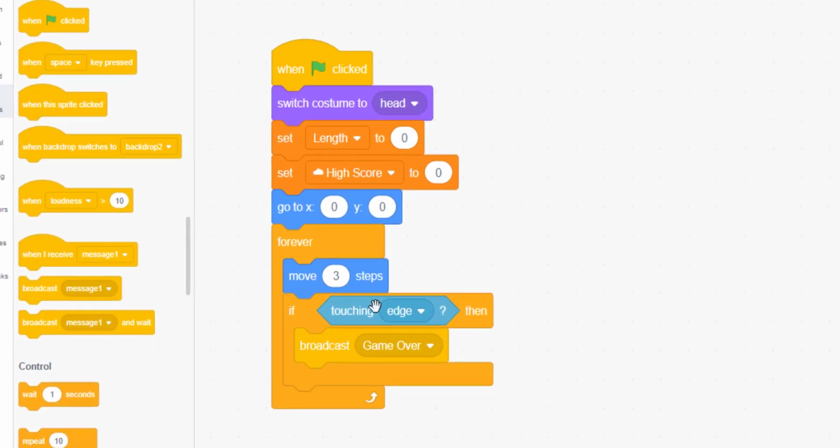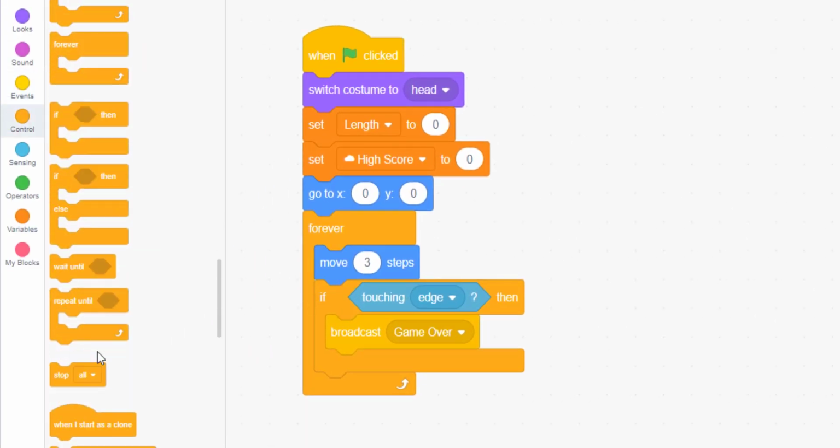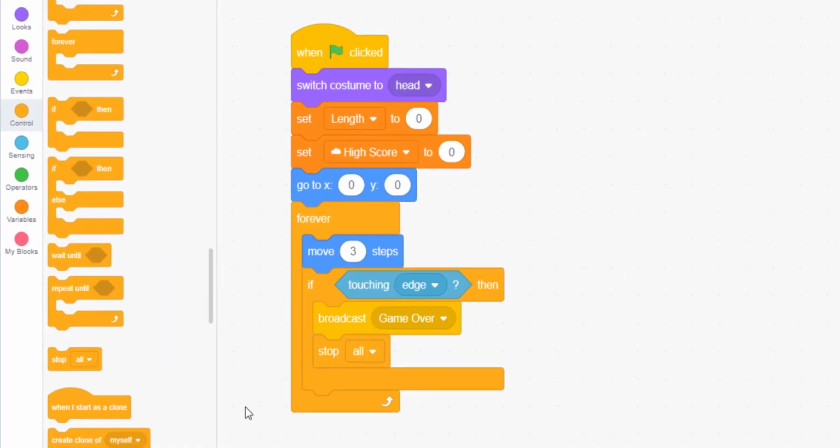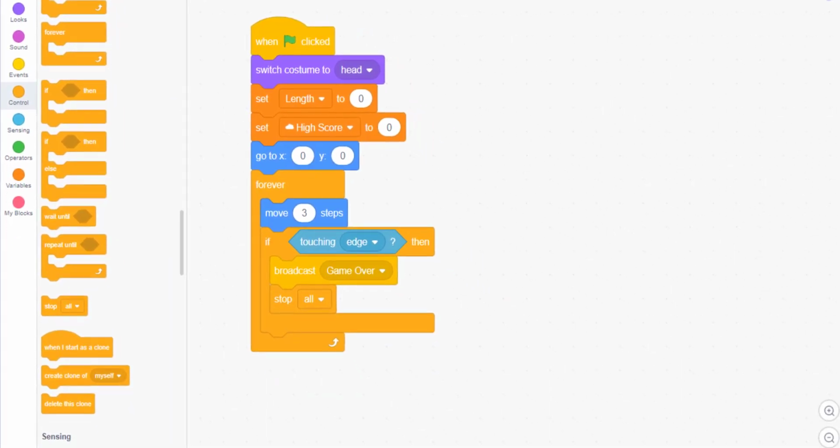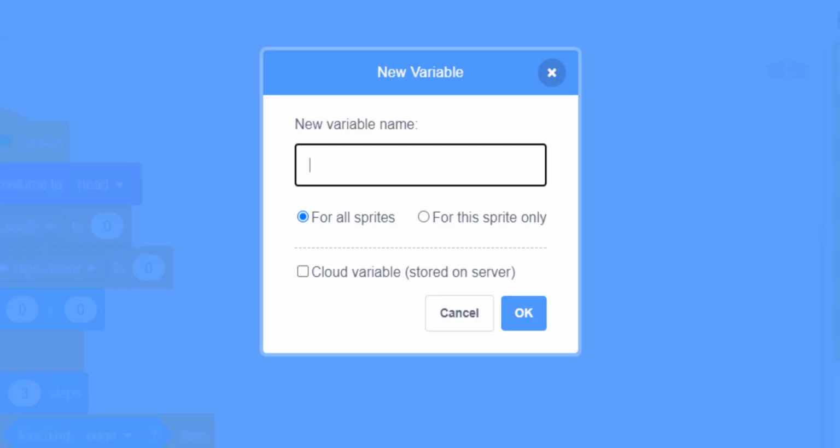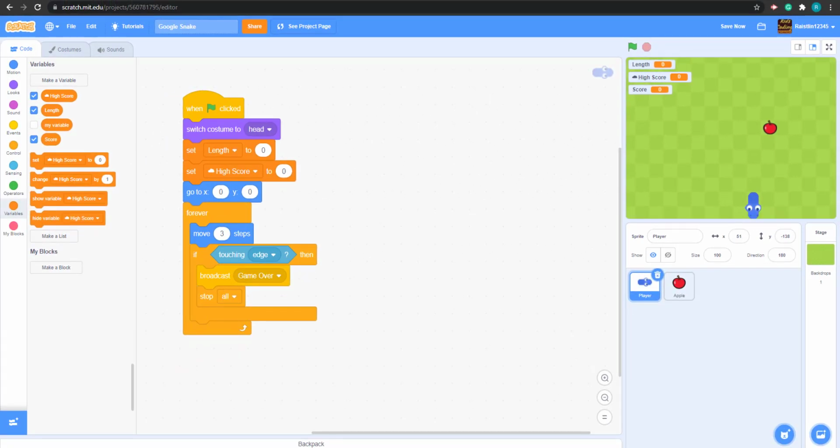Game over. And then we're going to broadcast a message called stop all. And we're going to make a new variable called score. We'll also need this later for all sprites as well. Alright. And then after this, we are going to,